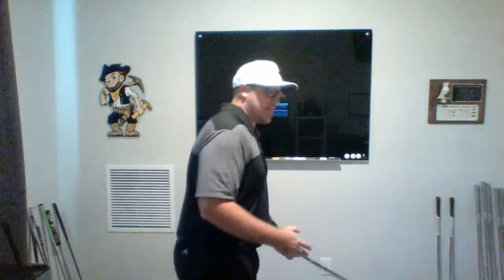Overdo it. Hit some huge slices. Get to where you're comfortable with that, and then tone it down a little bit to get that fade you're looking for. And if you're looking for more videos on how to hit the fade, use the search engine on the website. You'll have tons of videos where Clay's demonstrating how to hit the fade. But basically what it comes down to is